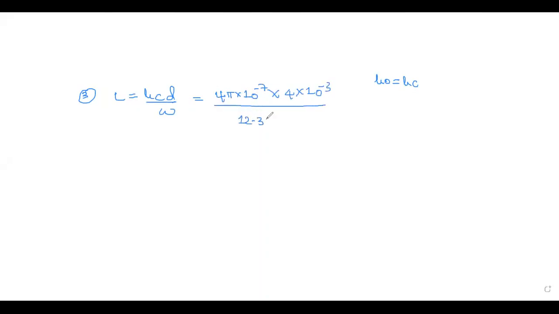The next thing is you have to find the strip line inductance. The inductance formula is L = mu C D by W. Again here, mu C will not change, because mu C is nothing but mu naught. So you can directly write the formula. Mu C is 4 pi into 10 to the power minus 7. D is 4 into 10 to the power minus 3, whereas width is 12.31 into 10 to the power minus 3. Tell me the answer in terms of microhenry.